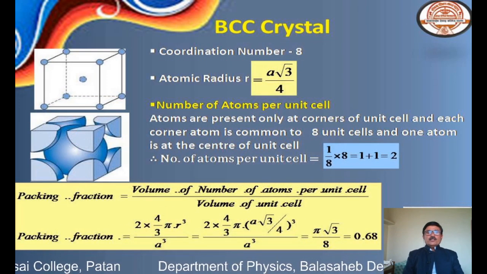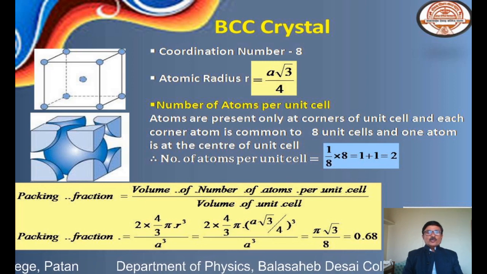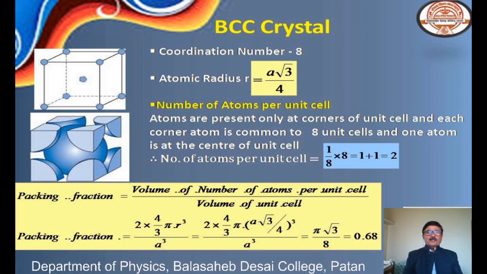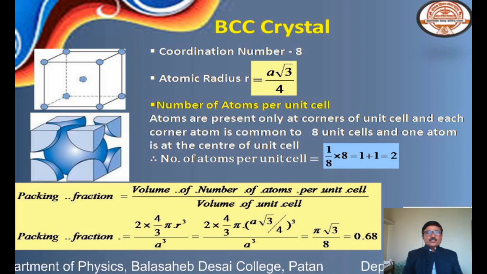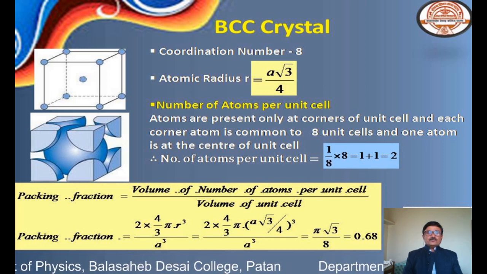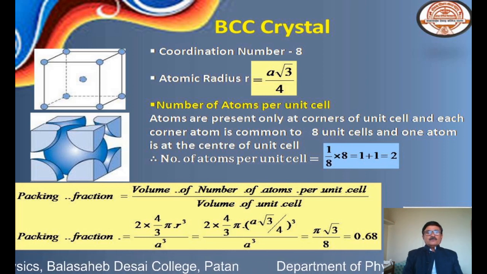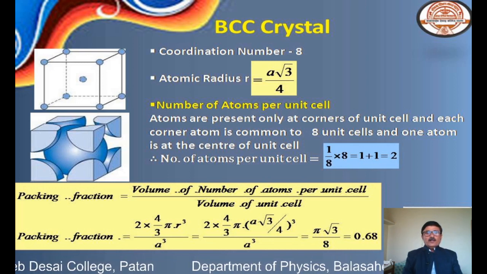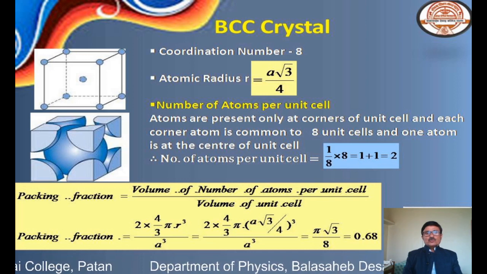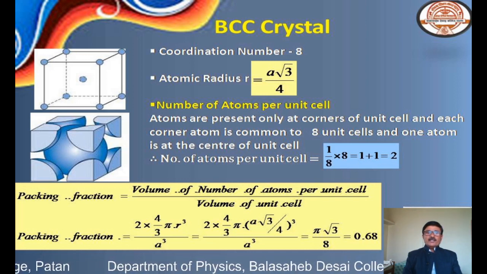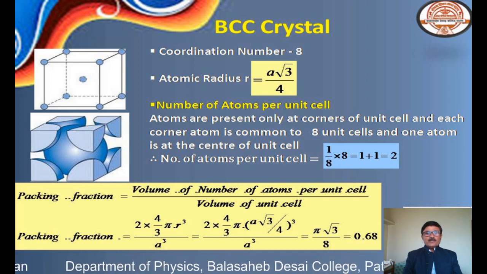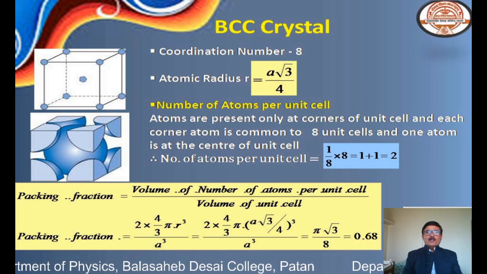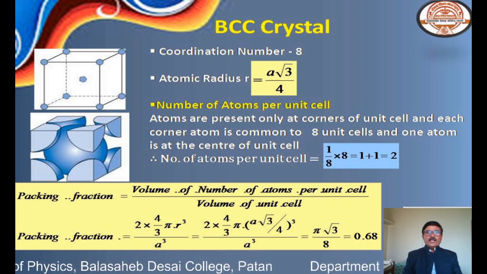Next is body centered cubic crystal. In body centered cubic crystal, atoms are present at the corners of the unit cell, but there is 1 atom at the center of the unit cell as shown in the figure. So here the nearest neighbor to the corner atom is a body centered atom. So if you find the number of nearest neighboring atoms to the corner atom, you will observe that it is 8. Or if you take a body centered atom and find the number of nearest neighbors to the body centered atom, again it is 8. Therefore coordination number for the body centered cubic crystal system is 8.